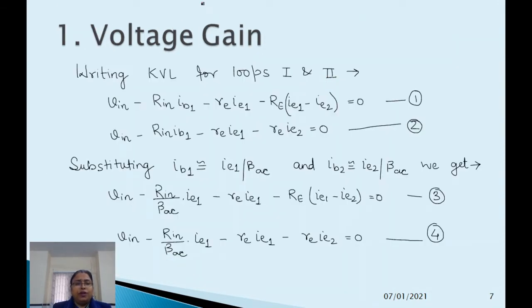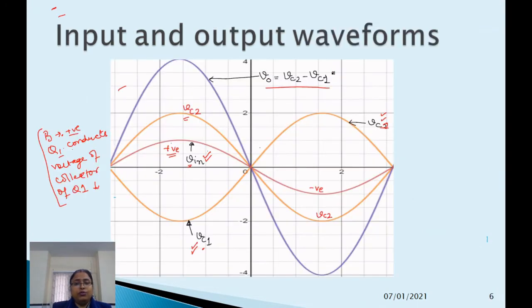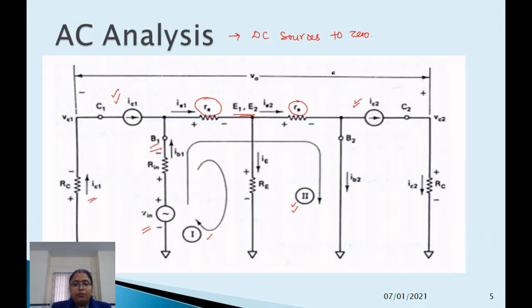So first of all, we will find the voltage gain. For that, we have to write Kirchhoff's voltage law for those two loops, loop 1 and loop 2. So let us see those loops. For loop 1, writing the equation starting from this Vin1, from negative to positive we are going: Vin1 minus Rin into IB1 minus this RE into IE1, then minus this capital RE into